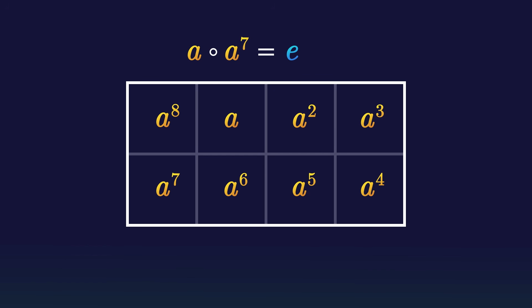Just one thing that I'd like to clarify is why the cycle has to return to the neutral element before repeating, because why couldn't A to the 8 go straight to A? Well, if A to the 8 equaled A, then cancelling an A from both sides, we see that already A to the 7 got to the neutral element. So in this sense you cannot avoid the neutral element, so the proof works out. Remember though that this works only for finite groups, because it can fail horribly for infinite groups.